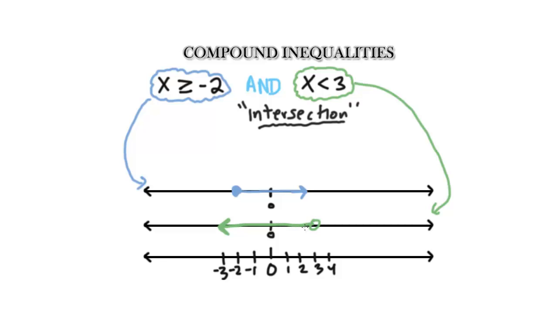Now, when I want to find the solution of both inequalities, I want to find the intersection of the first number line with the second number line. So I'll use the third number line to indicate the solutions of both inequalities connected by the word and. We want to think of the intersection. I'll use this color here. We'll start with this endpoint here, so it starts at 3, not including 3,